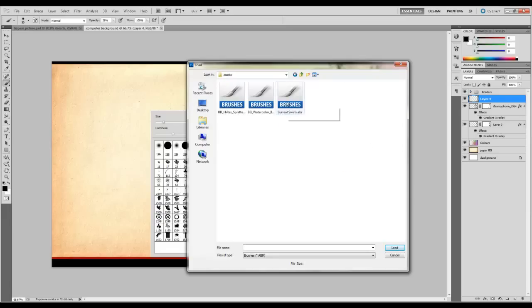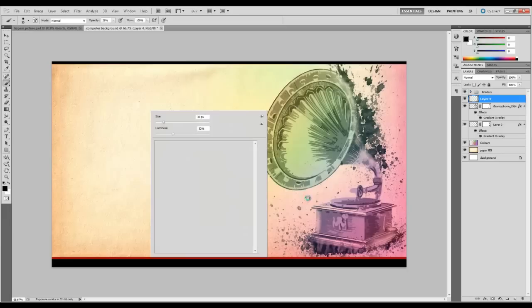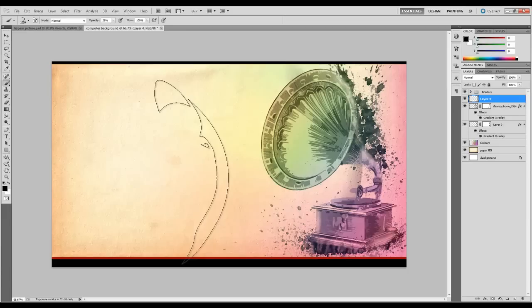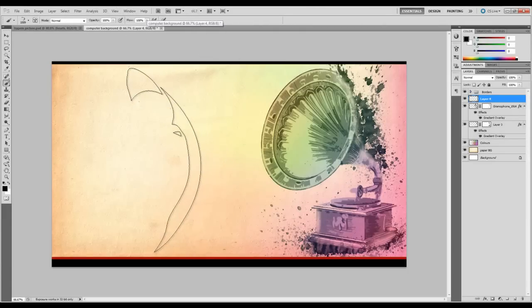If you don't have the proper brushes loaded, you can do that then. So again, you can resize it, make sure the opacity is back up to 100%, and put a brush stroke